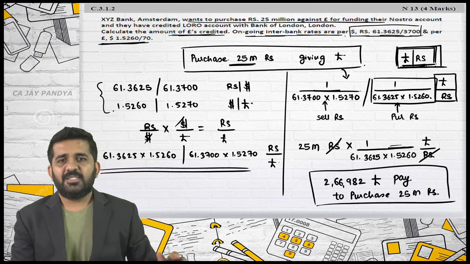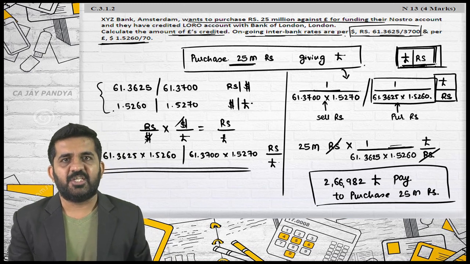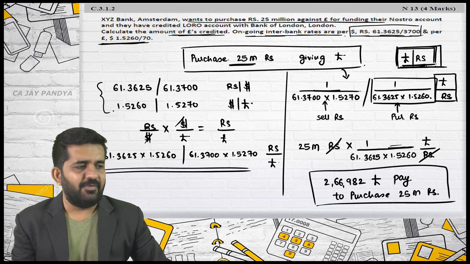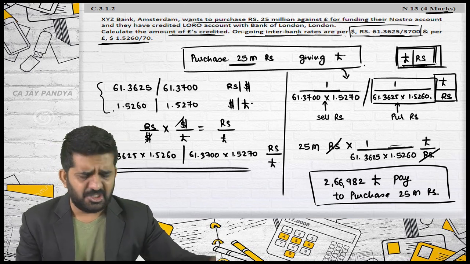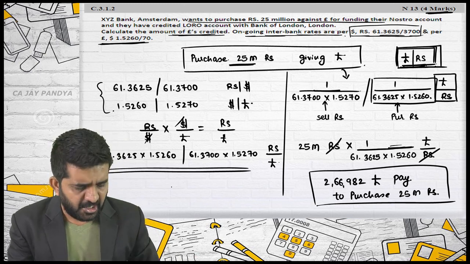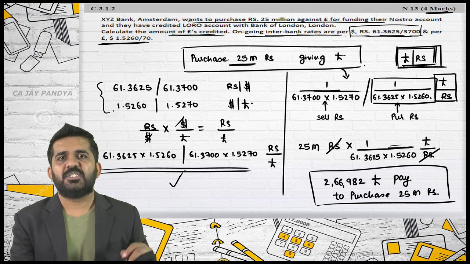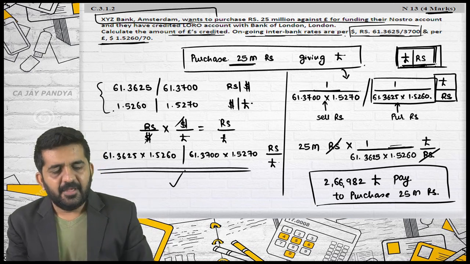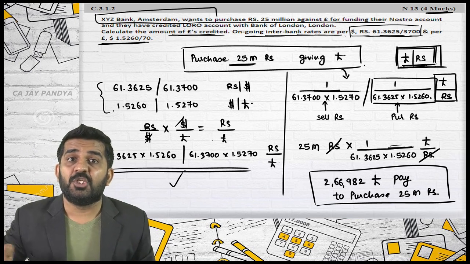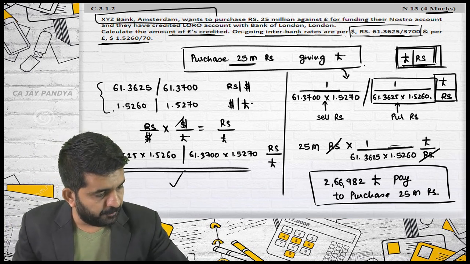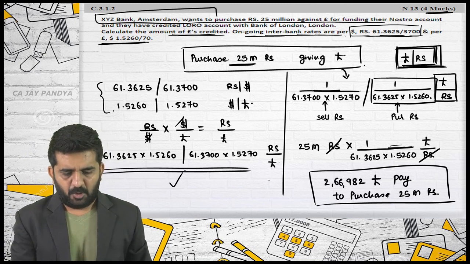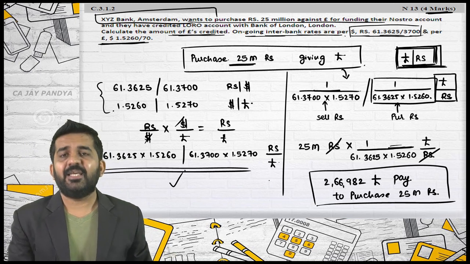Is it all right? This is the way in which cross currency questions will be asked. Again, I will mark this as an easy question because there is nothing difficult in it. You just need to find out the cross currency rate. The only typical point was that you were in Amsterdam and pound per rupees was your direct quote, because your home currency is pound. There's a C 3.1.2.